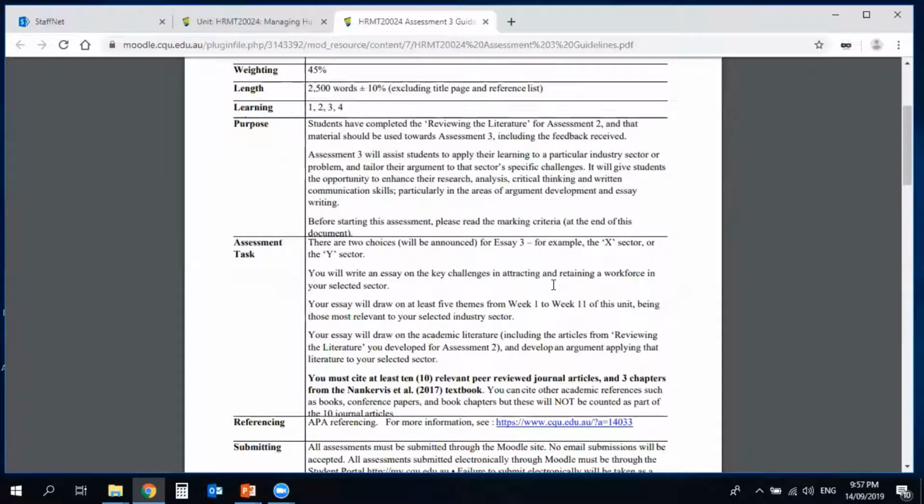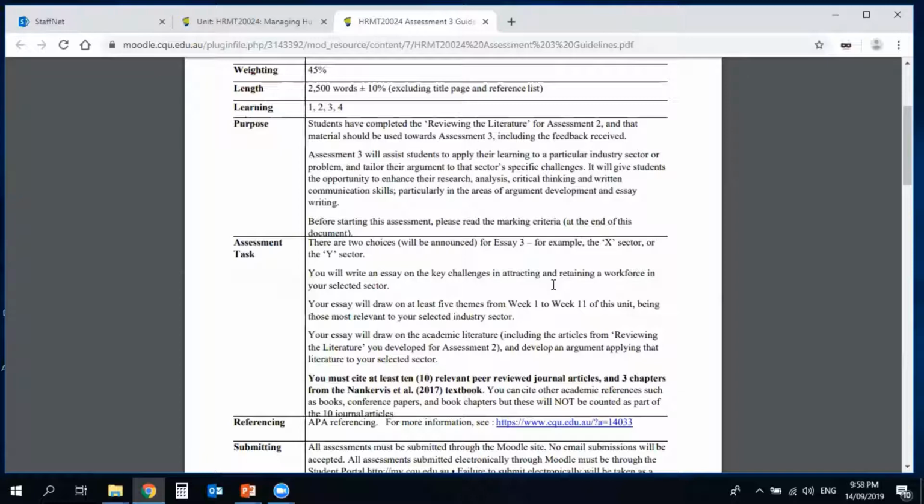No matter what you like, but we'd like to have at least 5 themes from the weekly topics that we have from week 1 to week 11. It's up to you which are those things that you think are coming with your priority observation and research, the challenging issues that those particular sectors or HR managers are getting out of their day-to-day activities, or maybe having issues while they're trying to attract better quality talent, or maybe they're struggling with their higher turnover rate